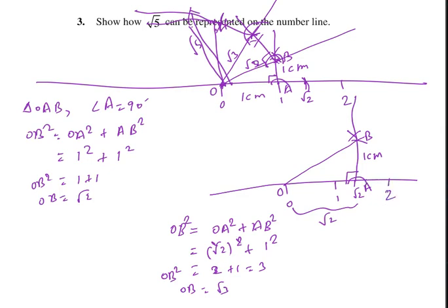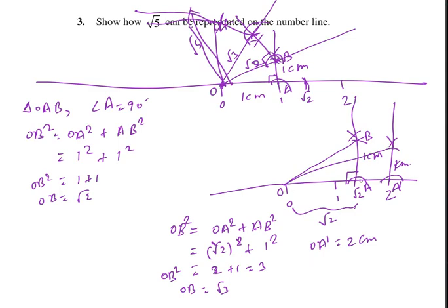We'll take the point 2, that means 0, 1, 2. We'll consider this as point A dash. From here we draw an arc and draw a perpendicular at the point 2, so OA dash is 2 centimeters. At A dash, draw an arc of 1 centimeter, and join to the origin.